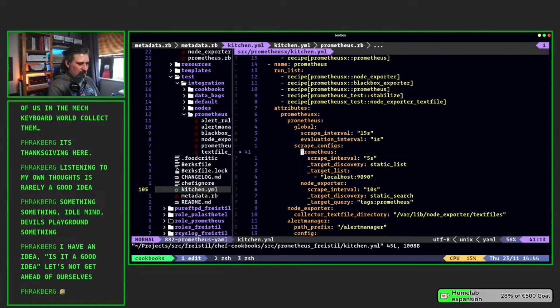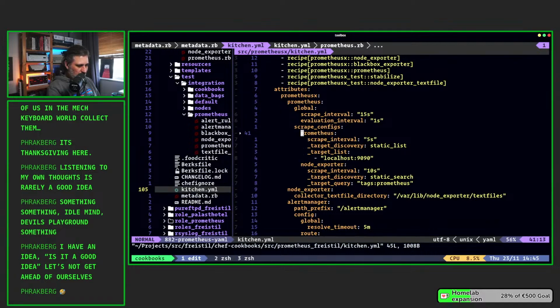And that means I need to add test data in this kitchen.yaml file, which defines my test suites, because the test tool for the Chef infrastructure and configuration management software is of course named Test Kitchen. And so here I define a scrape config, Prometheus, and Node Exporter. And under Prometheus, for example, there are key value pairs, a scrape interval that should get written to the configuration file. And then there are two